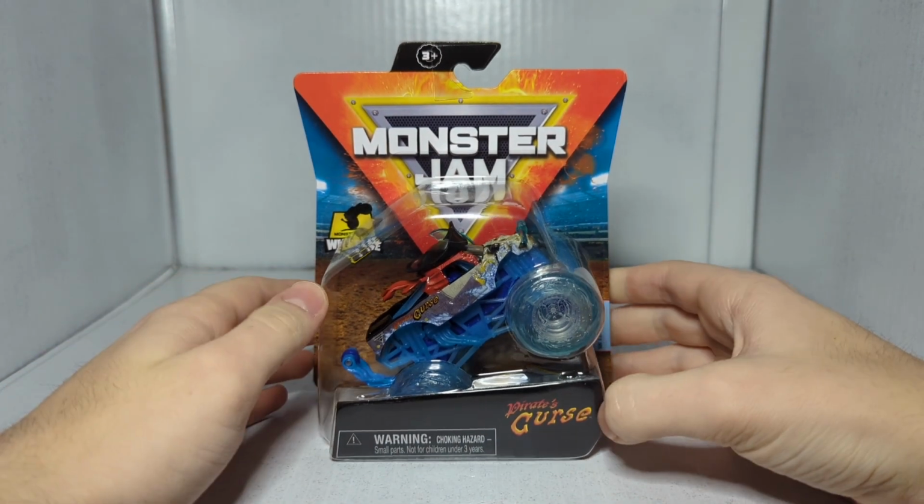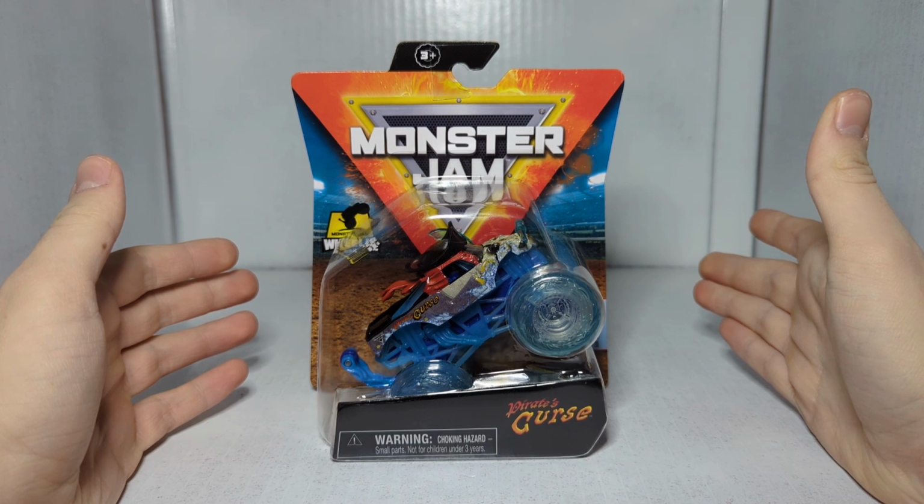Meanwhile, we're going to take a detour to the ocean for these next two trucks. Starting with this first one here, truck number 4 for today's video, the Elemental Trucks Pirate's Curse. Now, Elemental Trucks was a series that I feel was very...